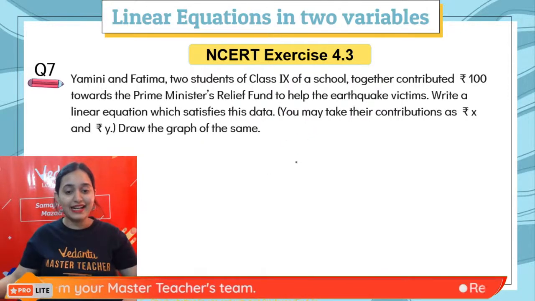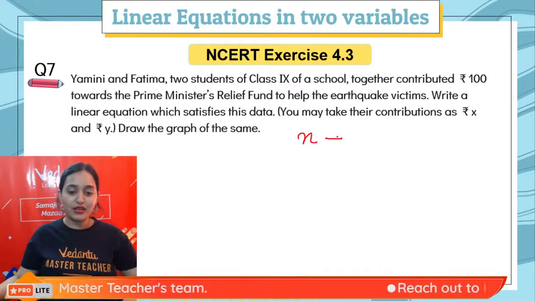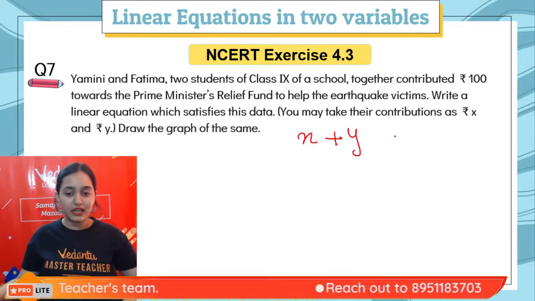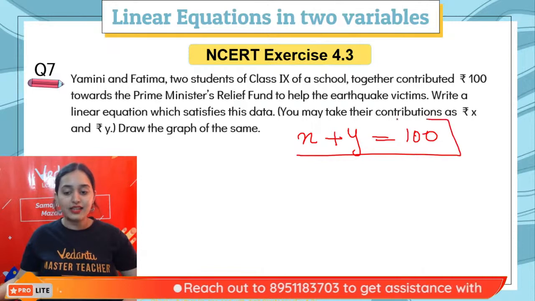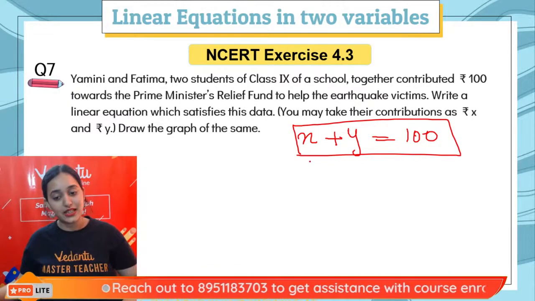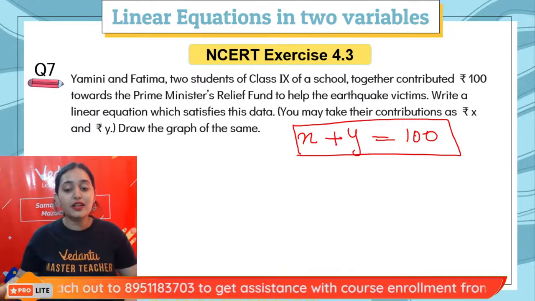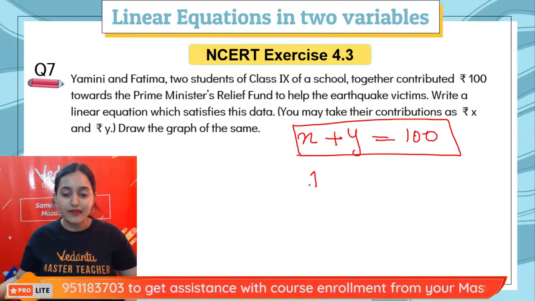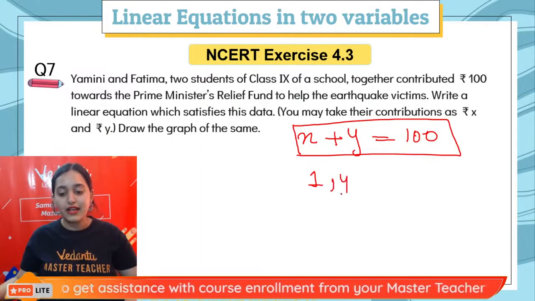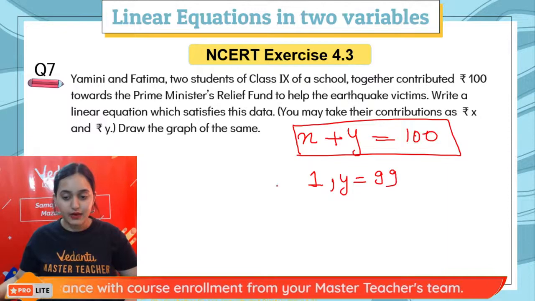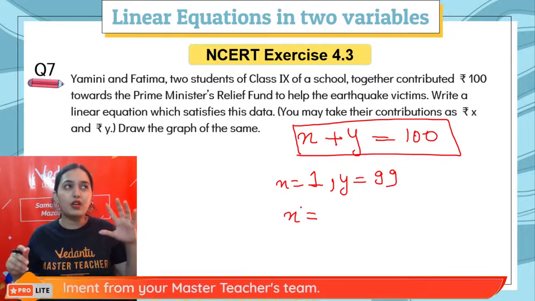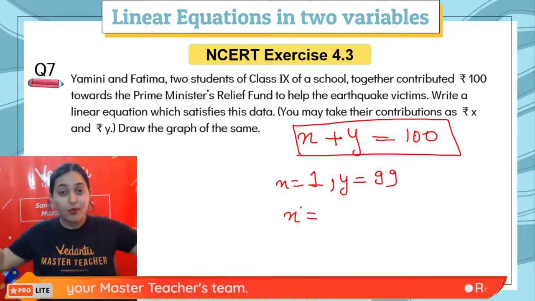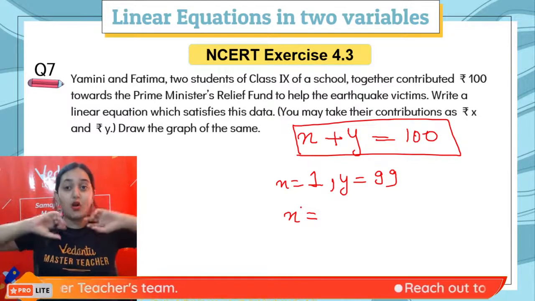So it is saying that यामिनी ने x रुपीज डोनेट किया, फातिमा ने y रुपीज डोनेट किया एंड टोटल उन्होंने 100 रुपीज डोनेट किया है. दिस इज द इक्वेशन. ये तो क्लास 6 का बच्चा भी लिख लेगा. नाउ यू हैव टू ड्रॉ द ग्राफ. सो सिंपल. जब x का वैल्यू 1 है तो y का वैल्यू 99 होगा, है ना. जब x का वैल्यू, तो अब देखो 1 और 99 में बहुत ज्यादा डिफरेंस होता है तो बहुत बड़ा ग्राफ